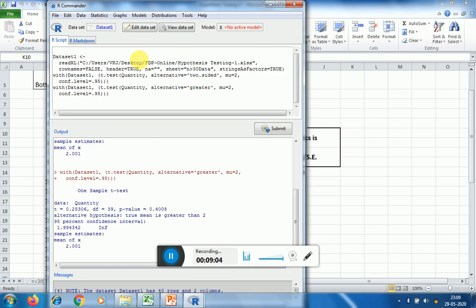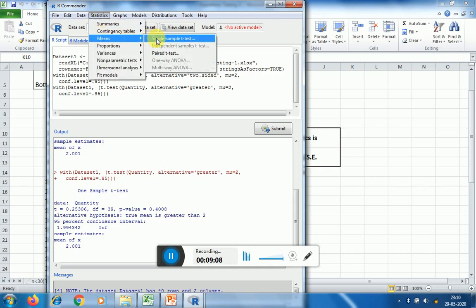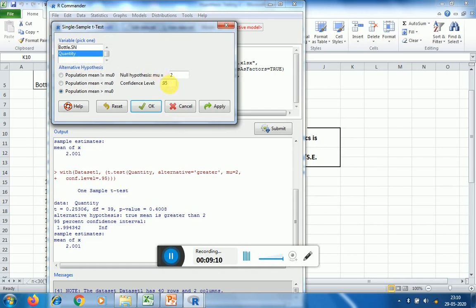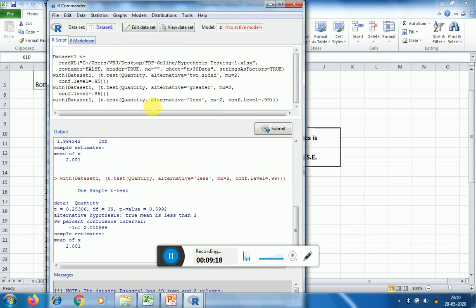So this exercise we can perform even for other confidence levels, like here I can go with 99, I can select this, less than 2, OK. So here I see that P value is again higher than 0.05.